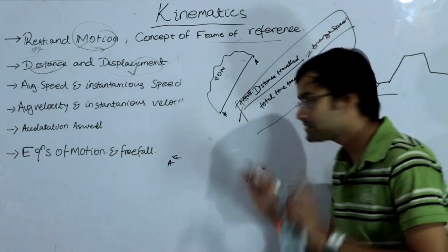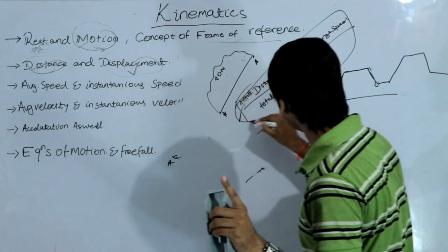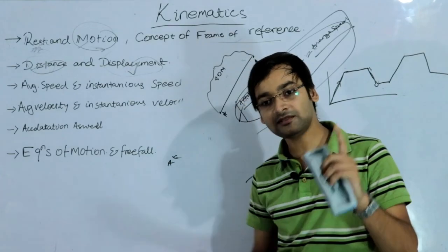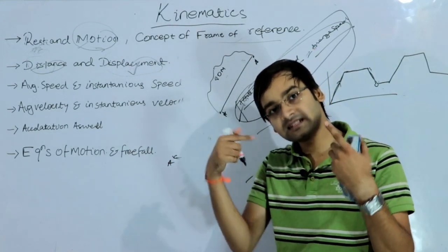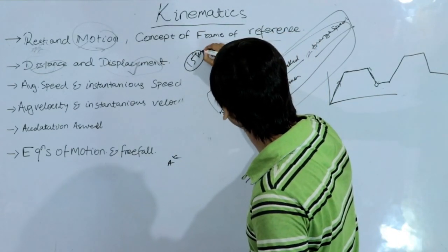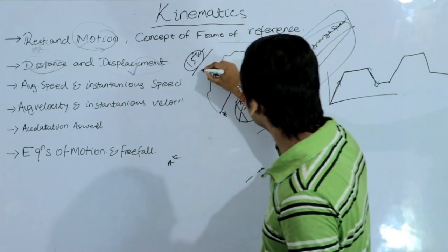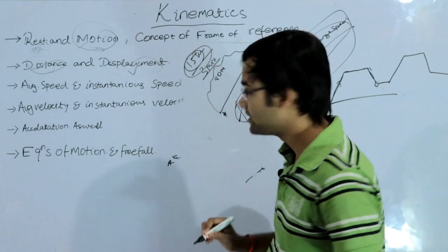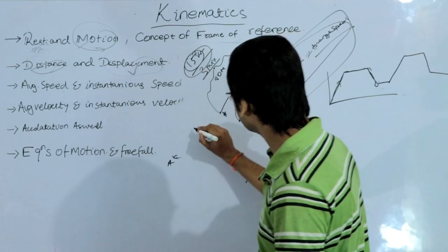Whatever crazy speed you may have, the average speed is equal to the total distance you have covered, whatever distance your odometer is showing on your vehicle. Suppose it is 15 km. To cover 15 km you took, suppose, 3 minutes. So 3 minutes is taken to cover 15 km. What is your speed? Total distance covered over the total time taken. So 15 km